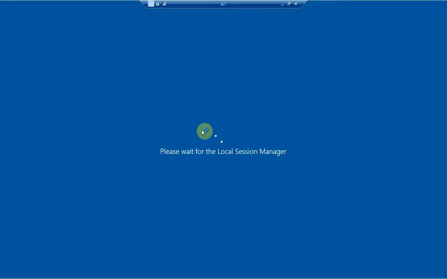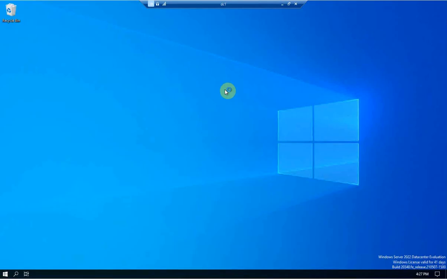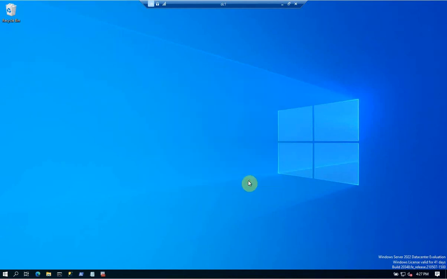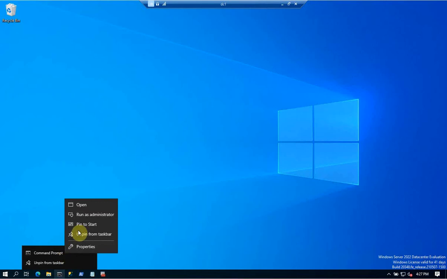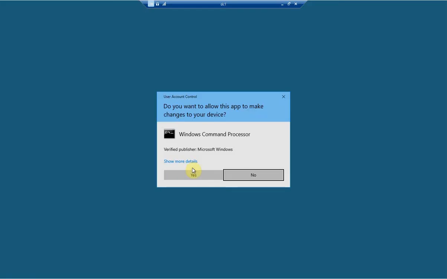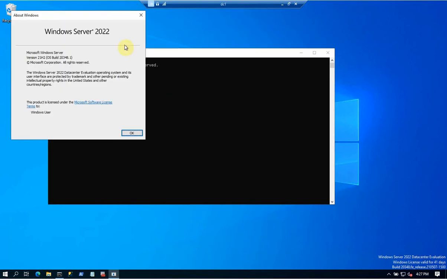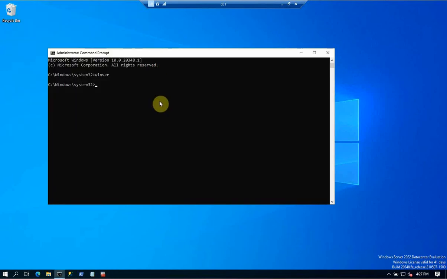So now I'm in the remote Windows 2022 server, okay? On this server, let's check the server. Same thing, I'm going to open a CMD window, run as administrator. And here, let's check our Windows version. So this is Windows Server 2022, okay? And if we cd to the OpenSSH,